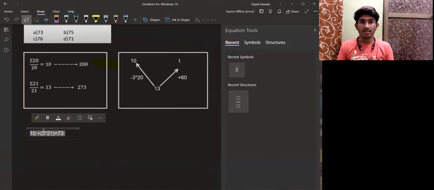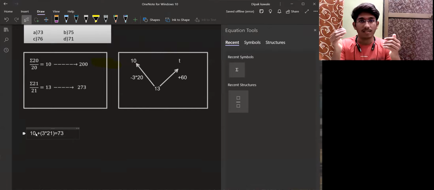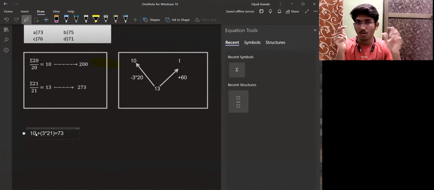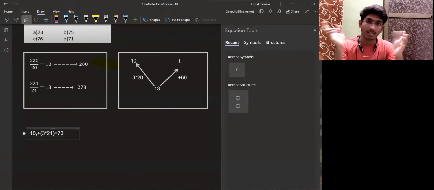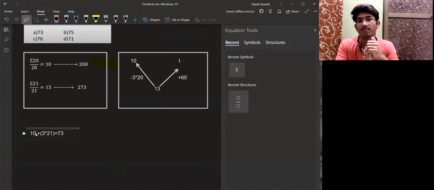I will tell you again. If we are adding a member, assuming it is the same as the average, in our case we are assuming it as 10. Correct? It is assumed as 10, and the increase in average is 3. Initially it was 10 and now it is 13. The difference is 3. And how many people? 21, because after adding the teacher it will be a group of 21. So 21 into 3 plus 10 is our 73. Simple.